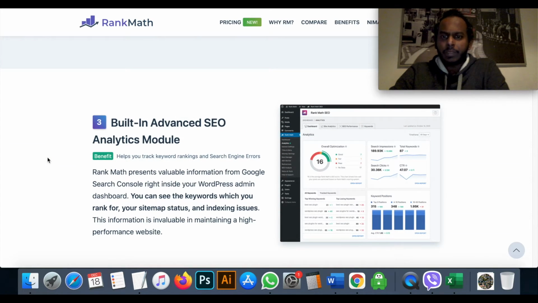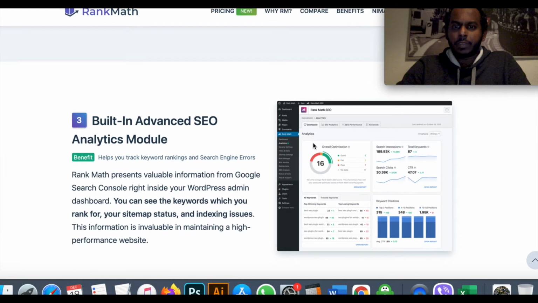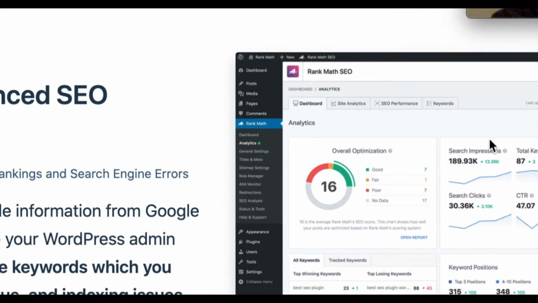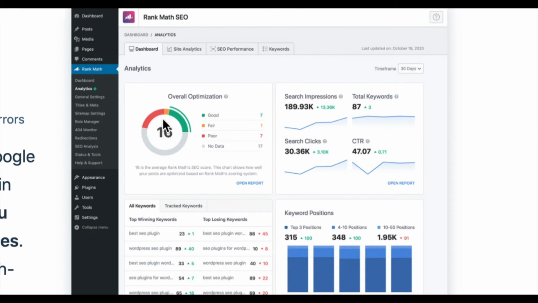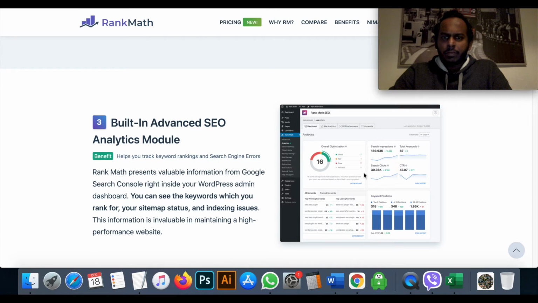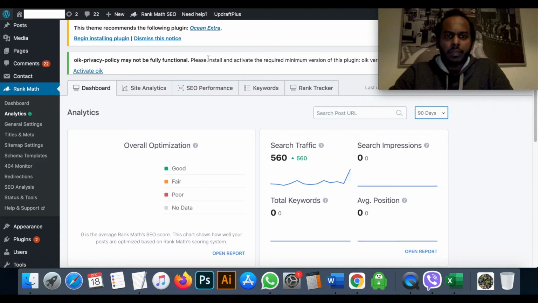Normally it has to look like this: the overall optimization status, good, fair, poor, no data, and search impressions, total keywords, CTR, and so much stuff, right? I was excited to buy this, but my dashboard doesn't show anything like that.